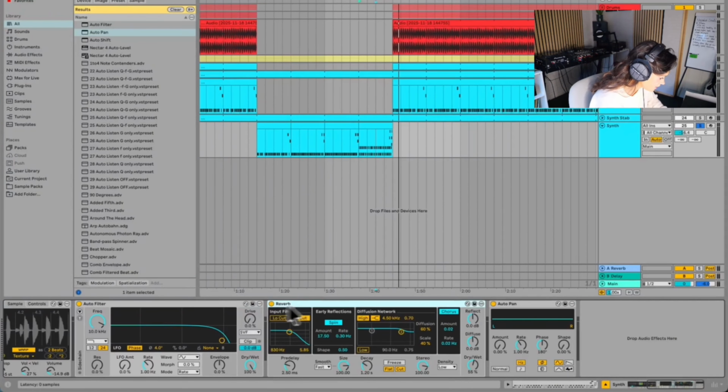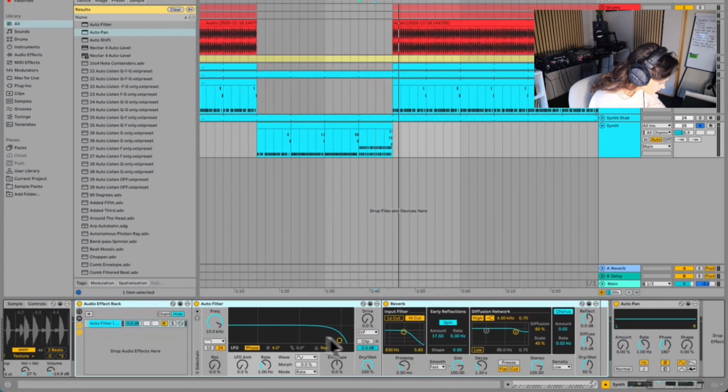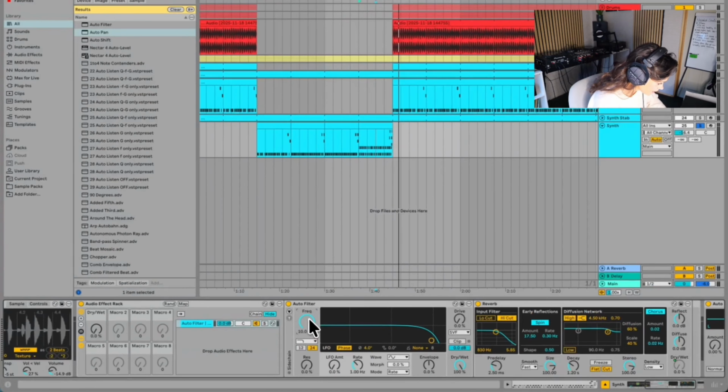And then what I would do is highlight these two, press Command G to group them, open up the macros, and then map the reverb to macro 1 and the frequency to macro 1, and then